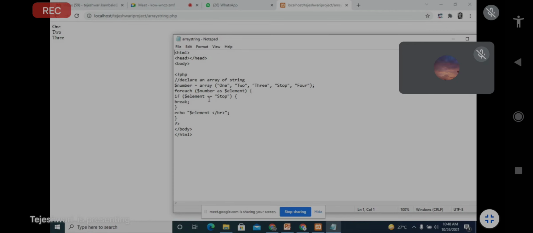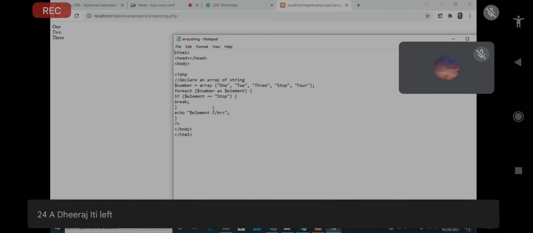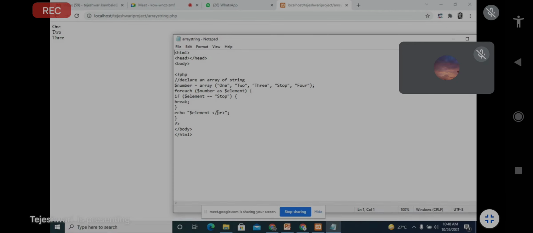When that particular condition is met, stop equal to stop, it will break, and that particular program will exit. The control will come out of the loop and just print the values before it. Stop and 4 will not be printed.